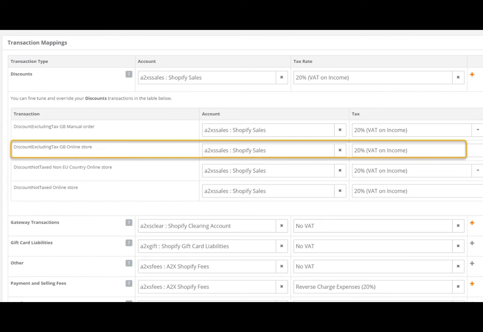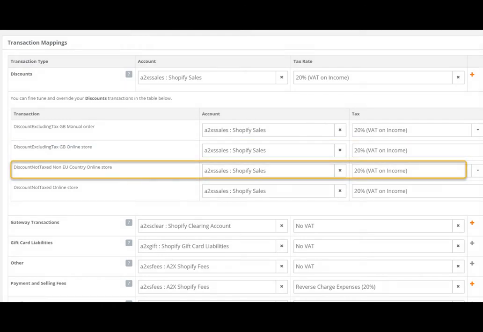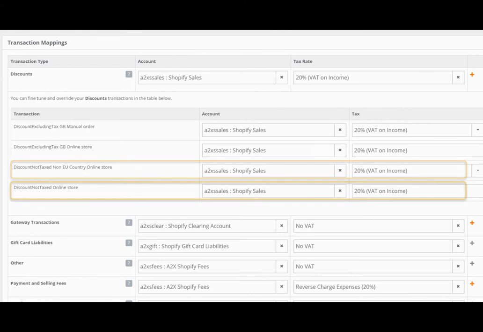The difference is they were processed through the online store. We also have a transaction line that says Discount not taxed EU country online store. This line relates to the discount amounts that were not taxable, as they were sales outside the UK processed through the online store. The next line says Discount not taxed online store, so these were also not taxable sales processed